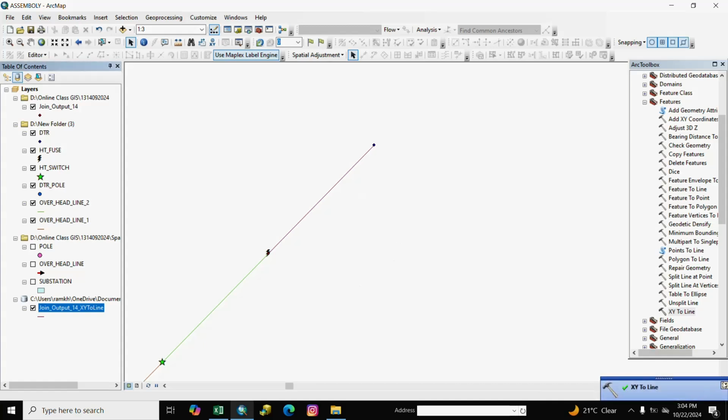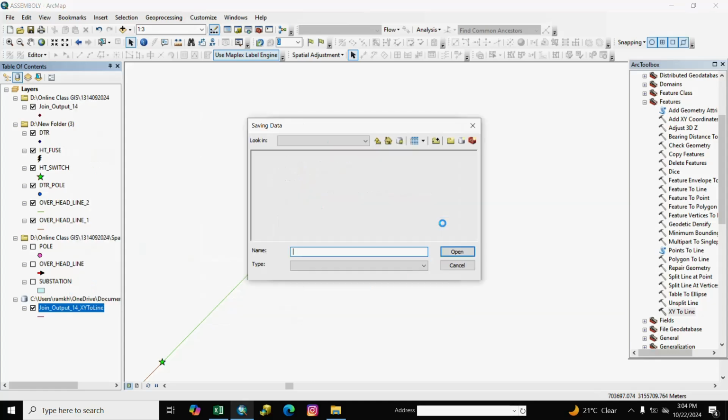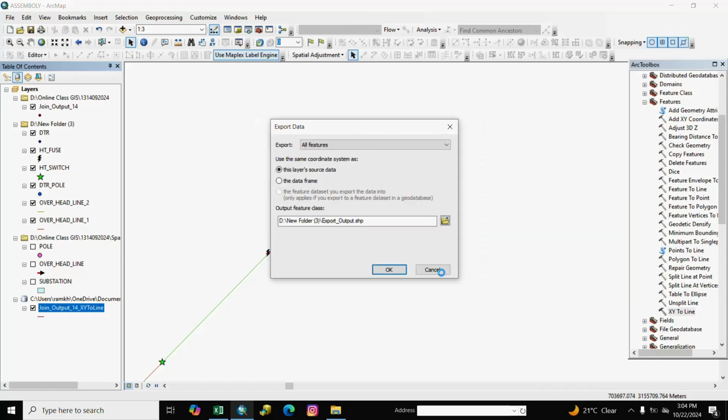Here is generated line, we export it, overhead underscore 3 and save it.